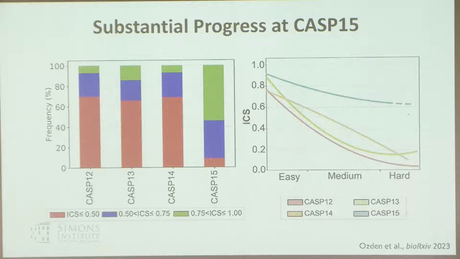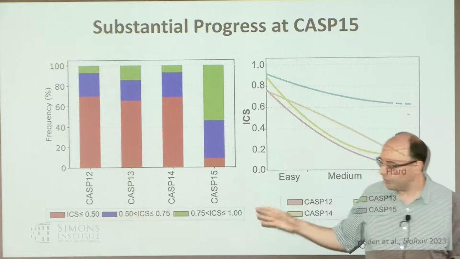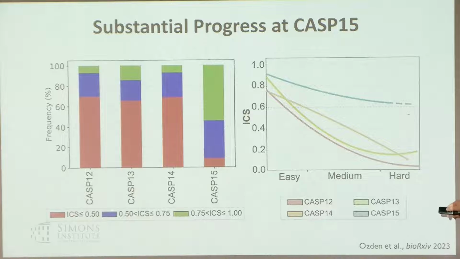If you look back at pre-CASP 14, red is basically bad. This shows the various ranges of accuracy. Below 0.5 is a fairly poor prediction. Blue is a reasonable prediction, and green are the ones that you really want, the good predictions. At CASP 12 and 13, not surprisingly, things were not doing very well. Even at 14, where AlphaFold 2 debuted, it wasn't being used for complexes, wasn't assessed properly, and wasn't trained for that purpose, so most predictions were poor. But at CASP 15, which happened 2 years ago now,